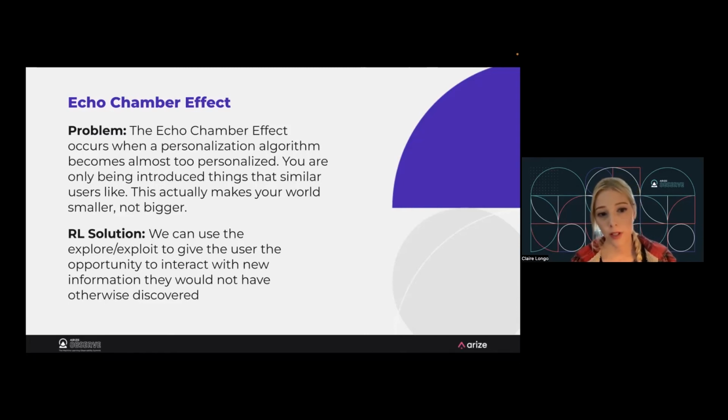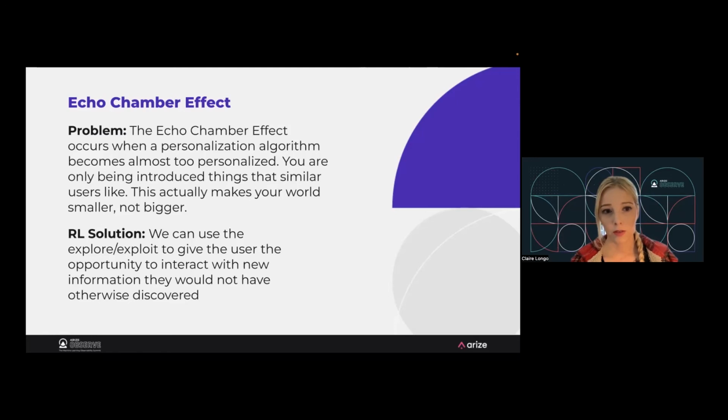So for this reason, I really like reinforcement learning as a recommender system because it's always going to have the explore-exploit trade-off that I talked about. The reinforcement learning is always going to put totally new, weird, different items in front of the user just to see how they'll interact. And if the user does like that item, it can start to learn new patterns and learn more about this user than we did before.